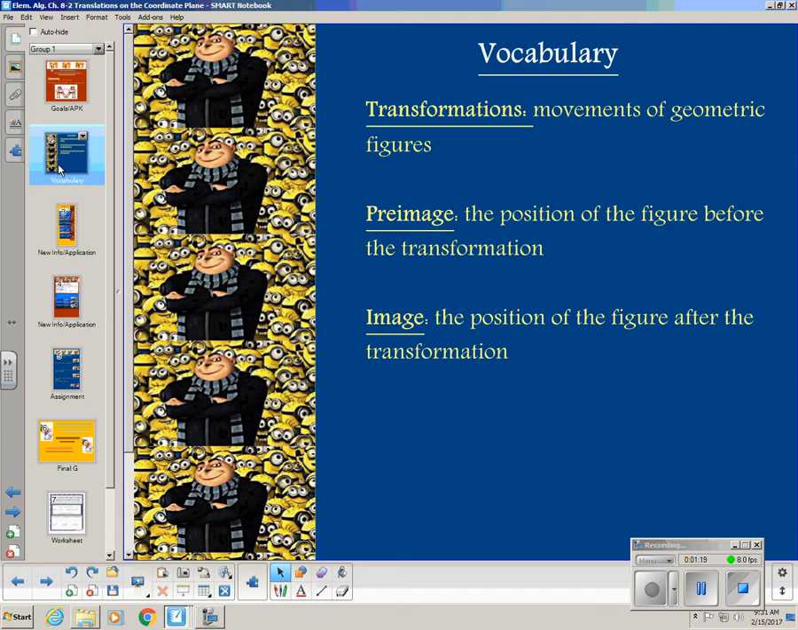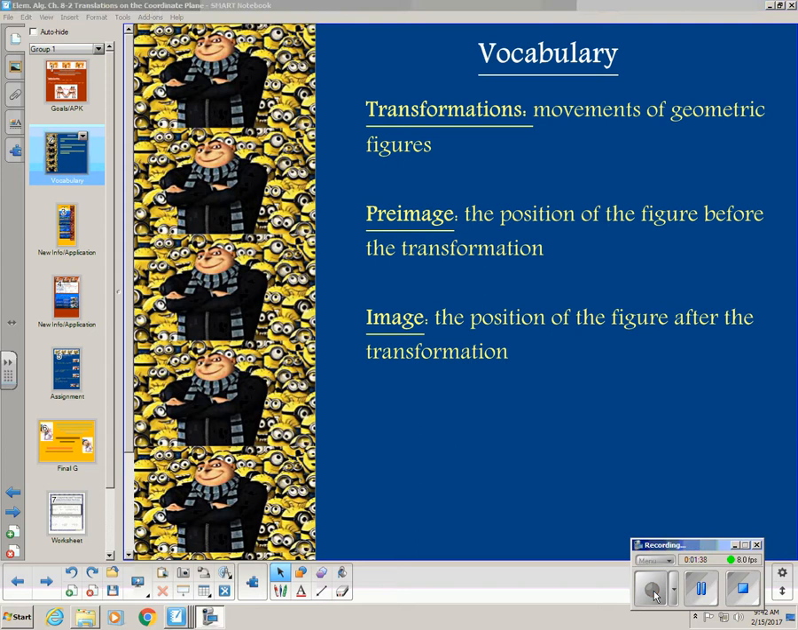There are 3 vocabulary words that you could consider in this lesson. Remember that you get to pick which vocabulary words you want to use for the 10, but here are 3 that you could choose from. The first one is transformation, and that is just in general a movement of a geometric figure. And as I said earlier,